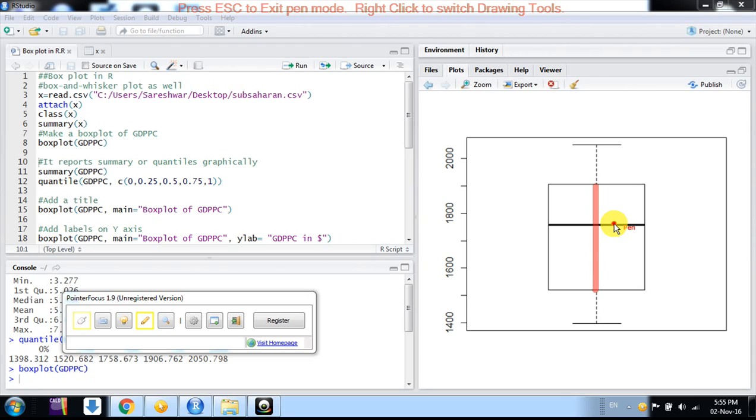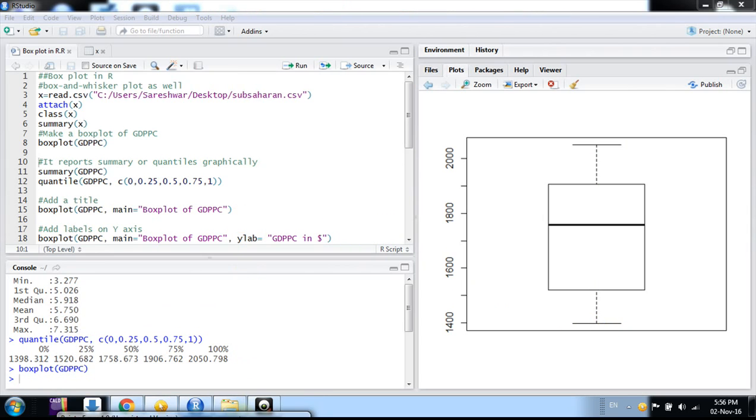Generally outliers, if we have them in the data, are shown here by some dots. And there are differences in convention in making these lines. Generally, they are minimum and maximum values, but sometimes they could be the first percentile or 99th percentile, or some other quantile. So it depends, but generally in a simple box plot, these are the minimum and maximum values. Okay, friends. So this is the way we interpret a box plot, and this is the way we make it in R.